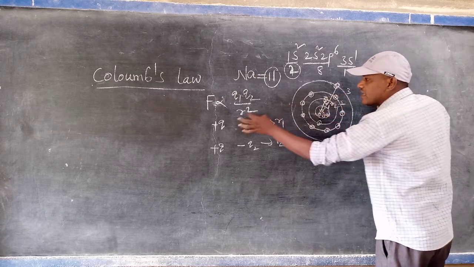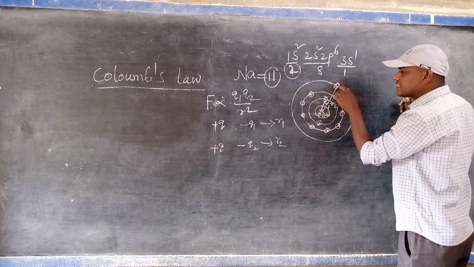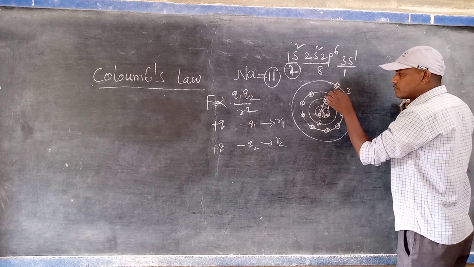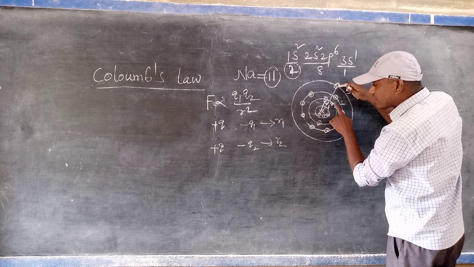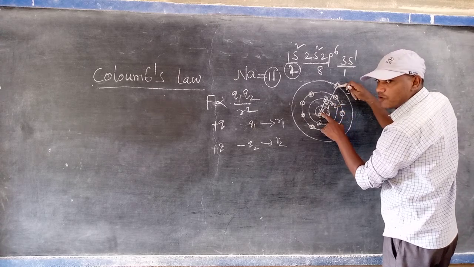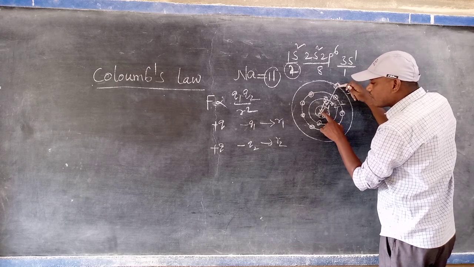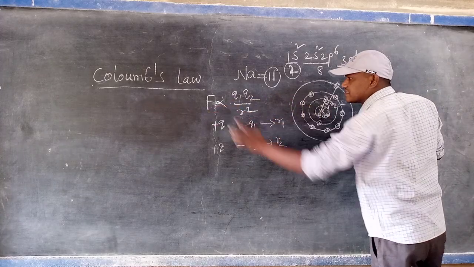That's why, R is less means attraction force is more. If we consider the one electron at the outermost orbit, the distance between them is nothing but R2. R2 is the distance from the nucleus to the electron present in the outermost orbit. This distance is more than this one. That's why R2 is more and F is less.